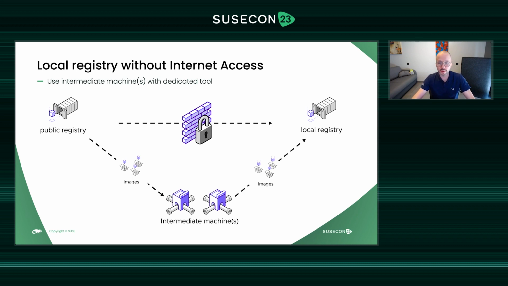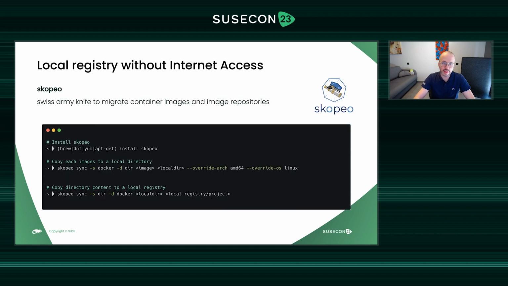But in all cases, you imagine the idea: you need to make some Docker pull image on one side, export the images, and after that, push them inside the local registry. There is one tool I propose to all my customers to manage images widely as a batch system. This is Skopeo. Skopeo is a kind of Swiss Army knife when we need to work with images.